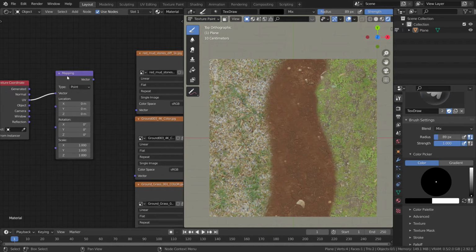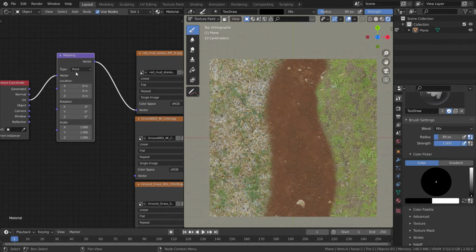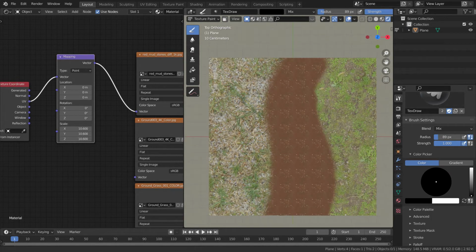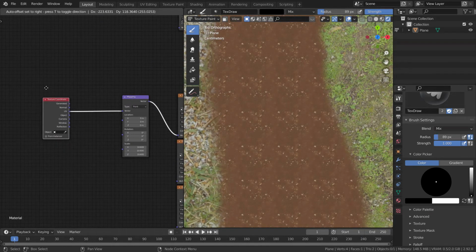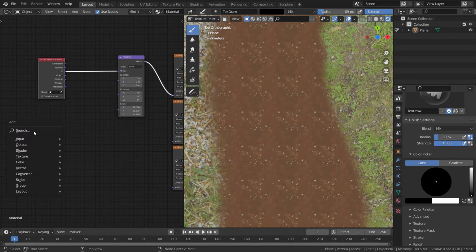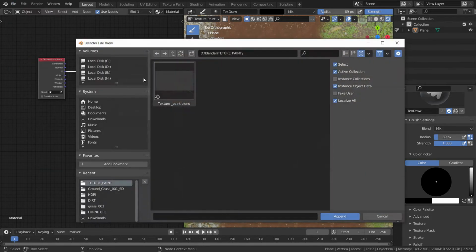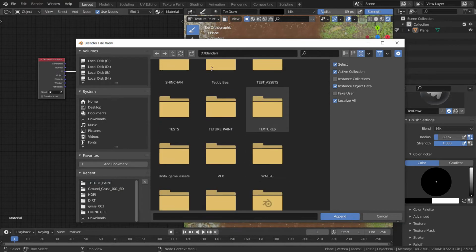You can either use UV coordinates or object coordinates depending upon which coordinate system you prefer. So from here, as you can see, I can now increase the tiling of the dirt node, and to remove this tiling and make it more random, you can also use the polygon uber mapping node. If I press Shift A, I don't have that, so I'll just quickly append it. Go to File, Append, and let me just append that from the file.